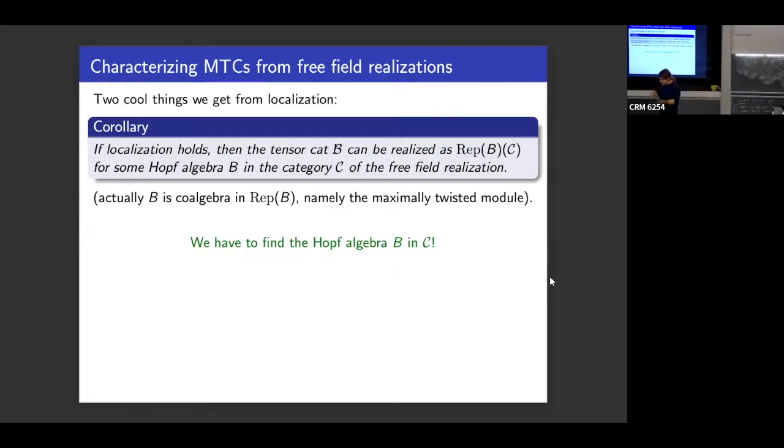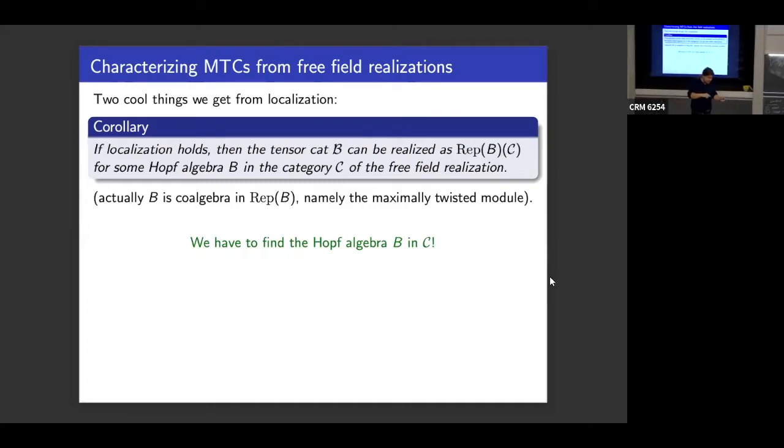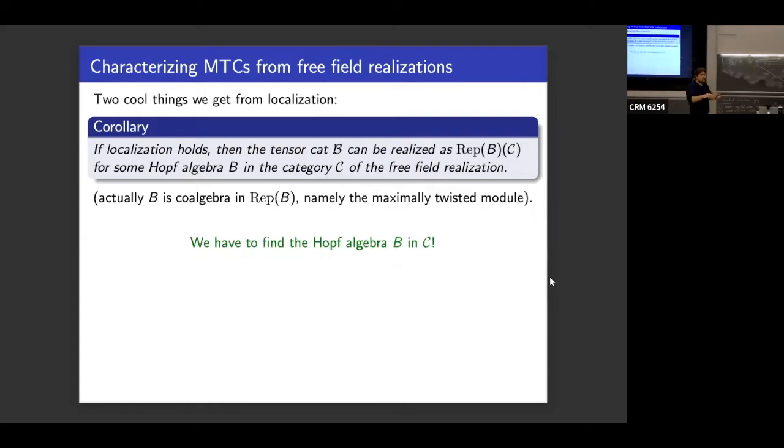So from a VOA perspective, what does this mean? This means that your category of twisted modules is realized as modules over a Hopf algebra in your category of local modules. That's something you usually don't have, right? This picture here is completely standard for VOAs, but the other picture is not. It comes from this functor that you have, that for orbifolds you don't have. But in our case we have it.